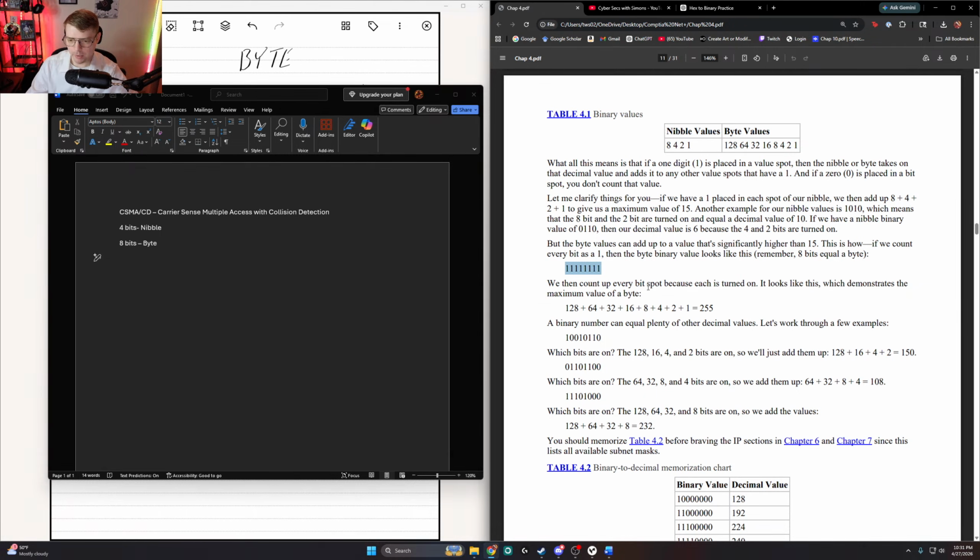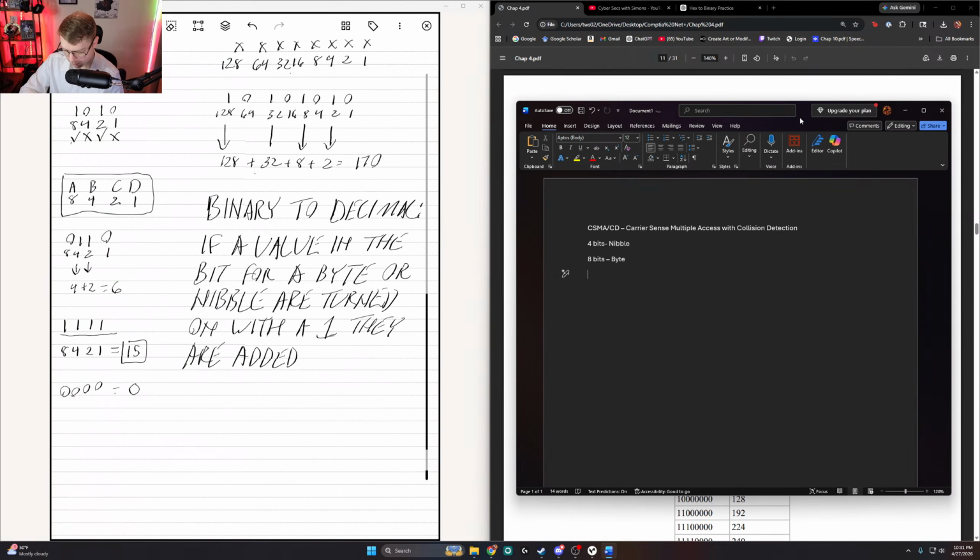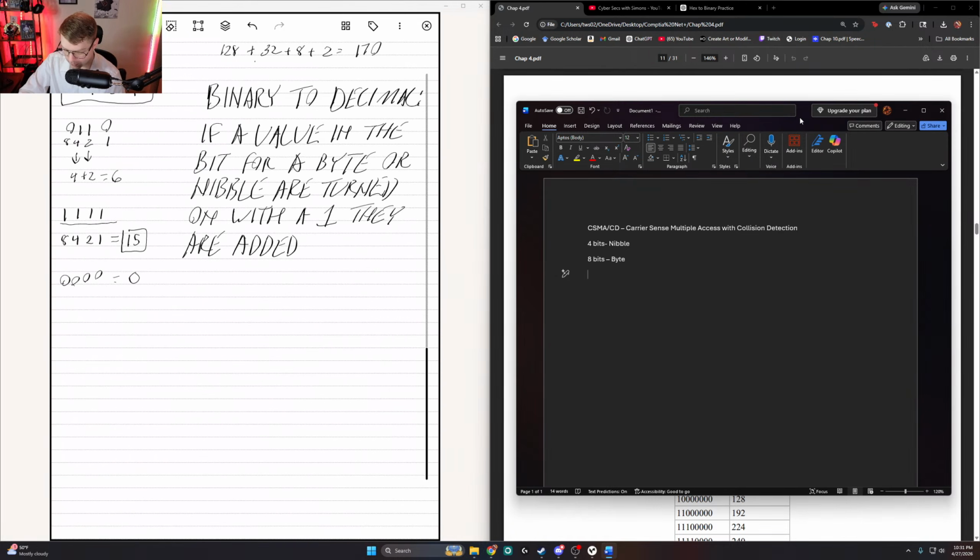We count up every bit spot because each is turned on, which demonstrates the maximum value of a byte. So if we have a byte and every value turned on, 11111111, and we add everything together, which is 128 plus 64 plus 32 plus 16 plus 8 plus 4 plus 2 plus 1, we get a value of